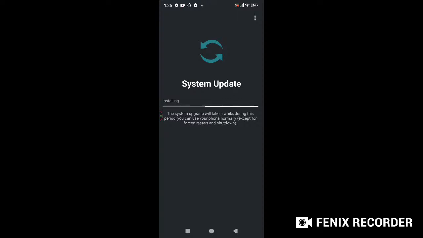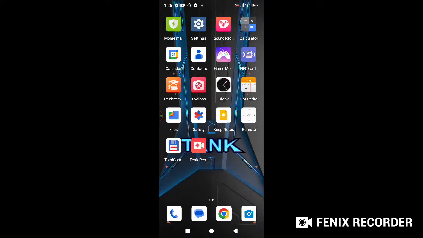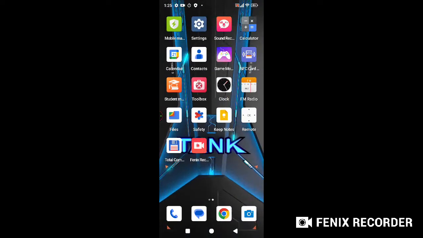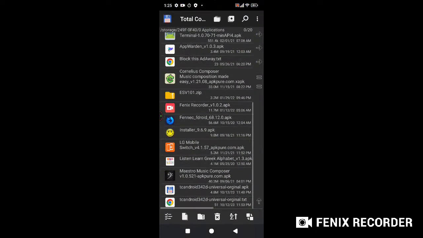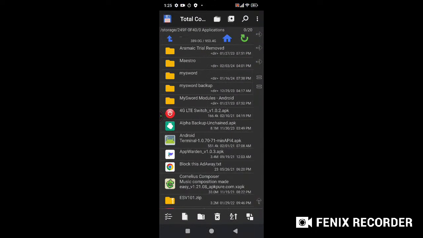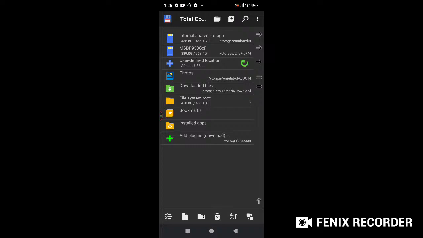So of course, now that I've installed Android 14, I would like to actually downgrade to Android 13 again, because one of the things is that, as I feared, when you go, and this is Total Commander, you can download that for free. It's the very best application. You can't live without it. But anyway,